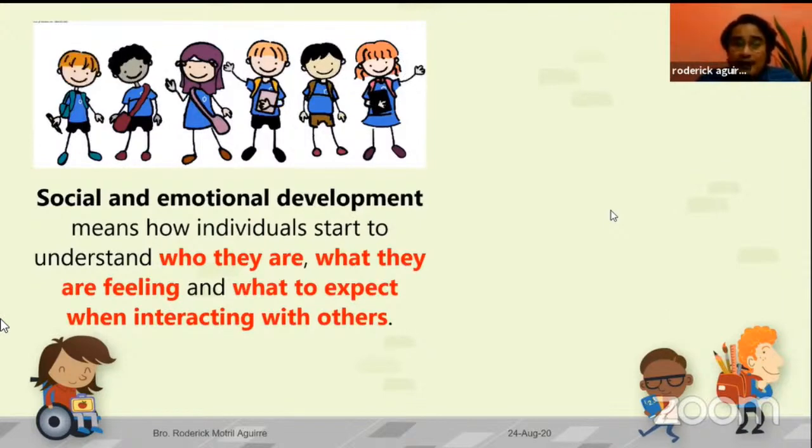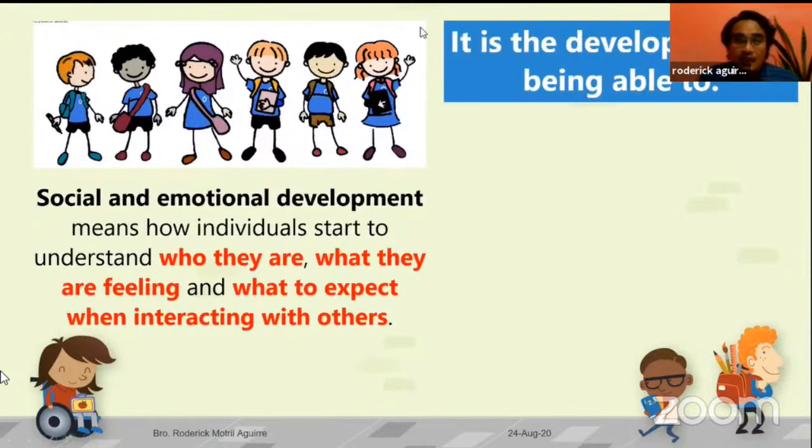So if we do not allow our kids to visit their friends in their homes, or visit their cousins, or bring your kids to work, bring your kids to different places in the community so that they would know that people behave differently in different situations and different social gatherings. Thereby, it is very important for the kids to realize that adaptation and adjustment is very important. Okay. And on that note, it is the development of social emotional development.